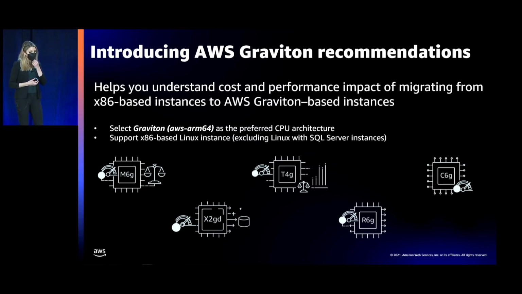In the existing Compute Optimizer recommendations list view for EC2 instances, you can specify that your preferred architecture is Graviton. And specifying Graviton as the preferred architecture then tells Compute Optimizer to show you recommendations for Graviton-based instance types where applicable. And alongside the recommendations, Compute Optimizer delivers projected price and hardware resource utilization information so that you can easily visualize the price and performance differences you can achieve if you were to migrate to Graviton.